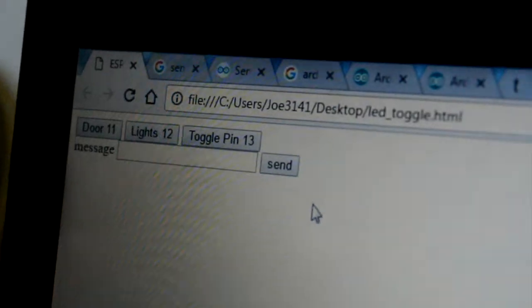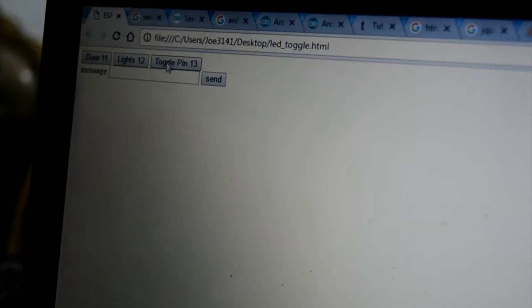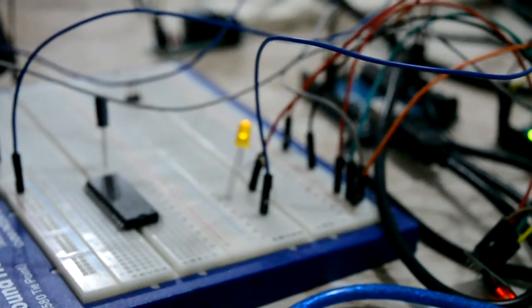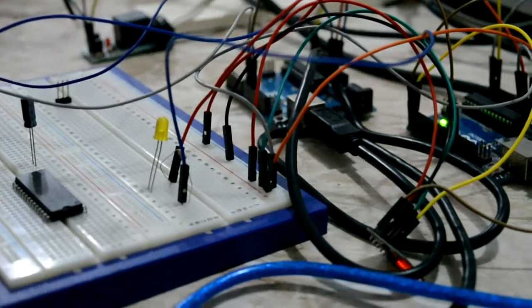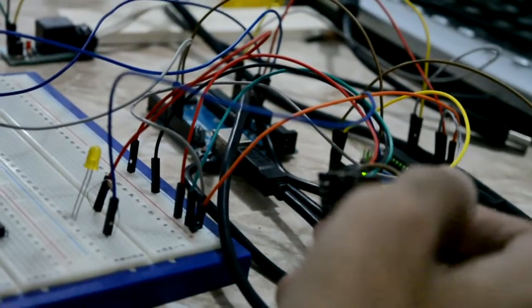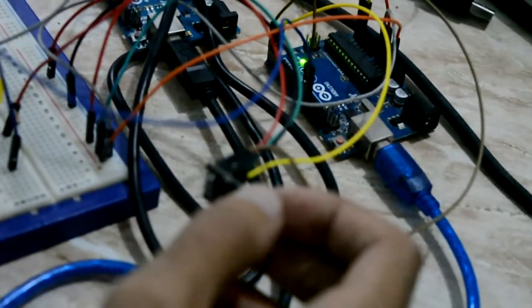Okay, so this is a web page that supposedly controls the home peripherals. If we want to close or toggle the light, we press on this button, toggle the light, and as a proof of concept, this LED blinks, and if you toggle it again, it will close. What happens basically is this web page is sending a GET request to our Wi-Fi home server, and the server responds with giving a command to the Arduino, and the Arduino controls the peripherals